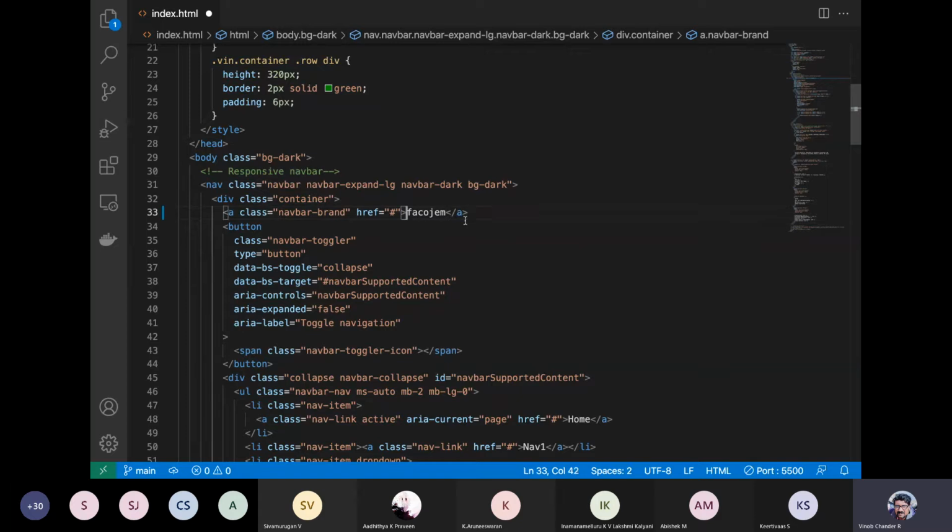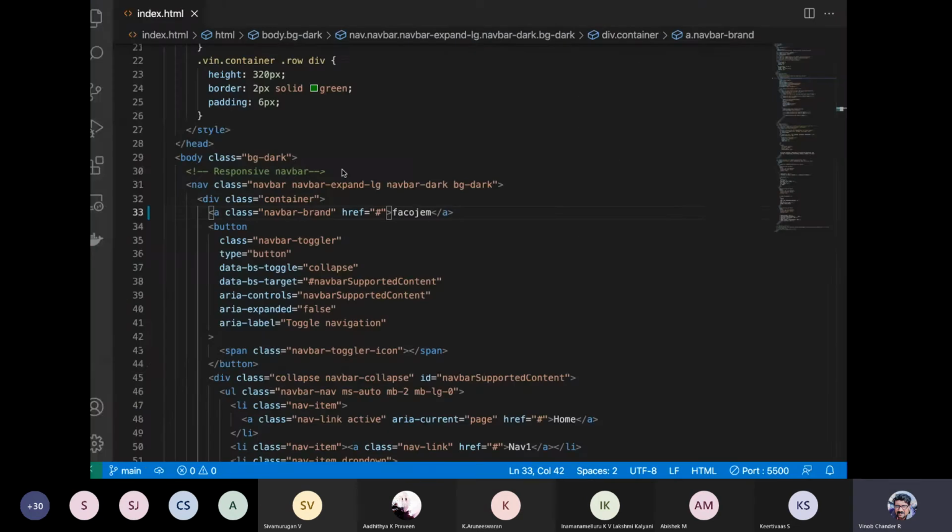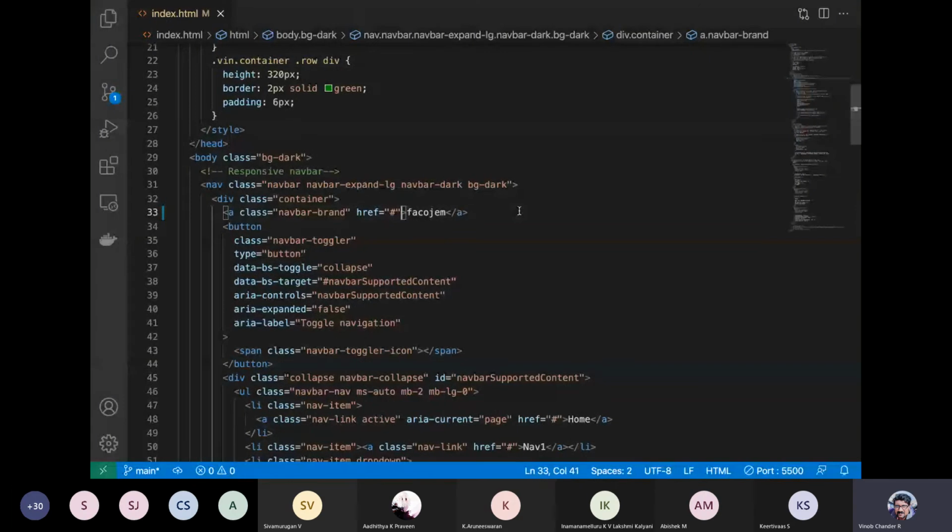So remember, what did we have in the branch for this style, FACO-GEM? Let us apply the same style. We had a H6, right? So we had a H6. So let us apply a different style. Say, for example, let us put a H4.